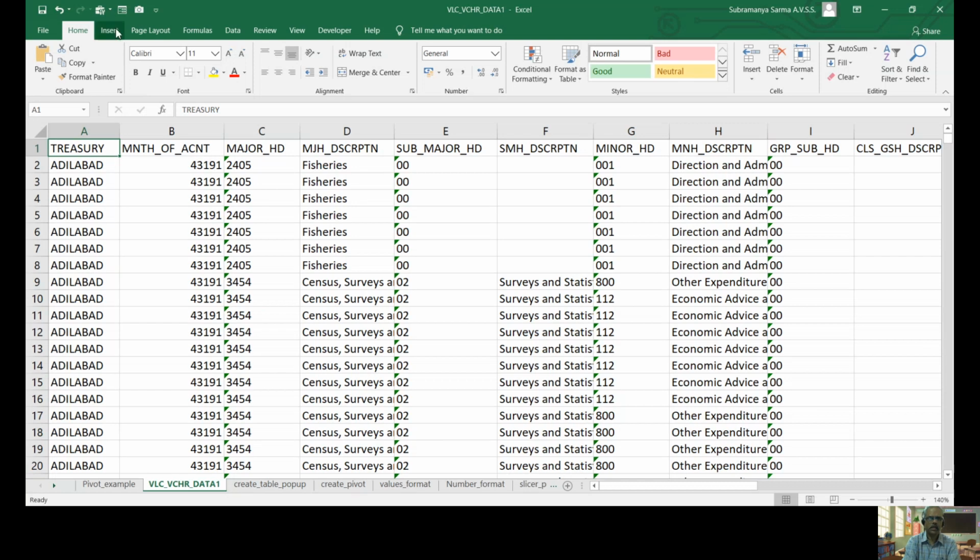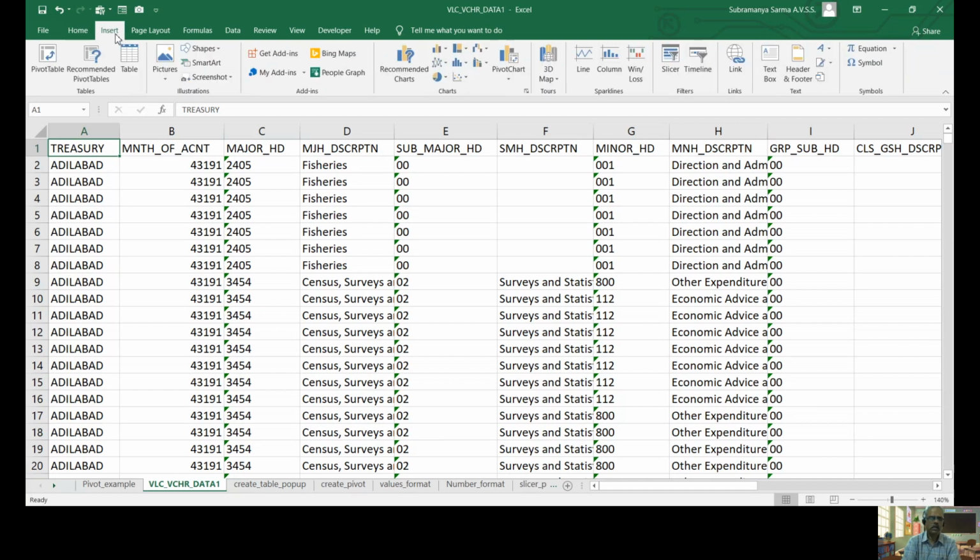I already explained the power of a table in another video. You may see that, or you can search the internet for more information on table. I will show you how to convert this into a table. To do that, you have to click Insert, and there is a table option that you have to press.